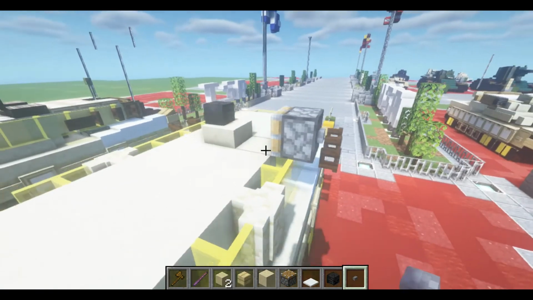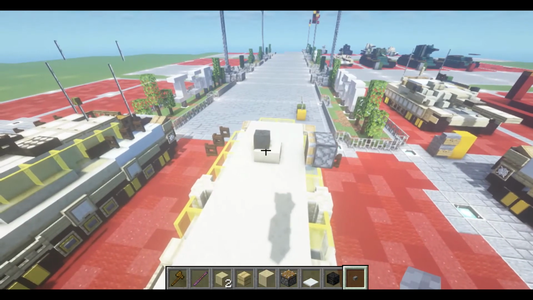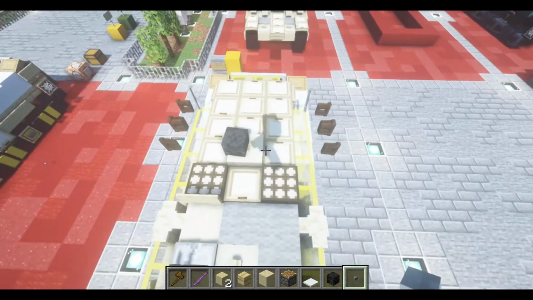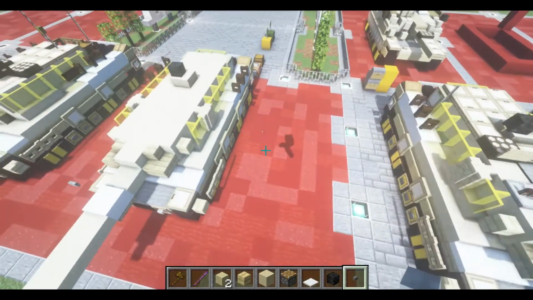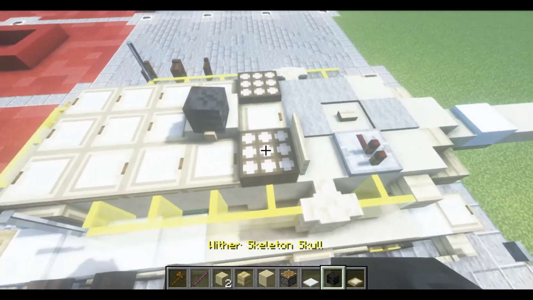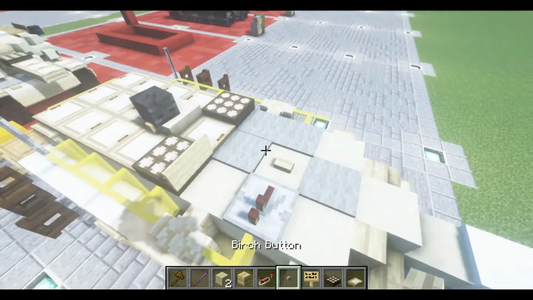And there we go. So I know it's like shifted off to one side, but the slab is basically the only thing that the piston can push and that can basically cover it. So not a bad trade-off. And the optic thing is slightly off-centered, which is kind of what we wanted to go for. So with that all in place, we can take some birch trapdoors, daylight sensor, birch sign, redstone repeater, button,